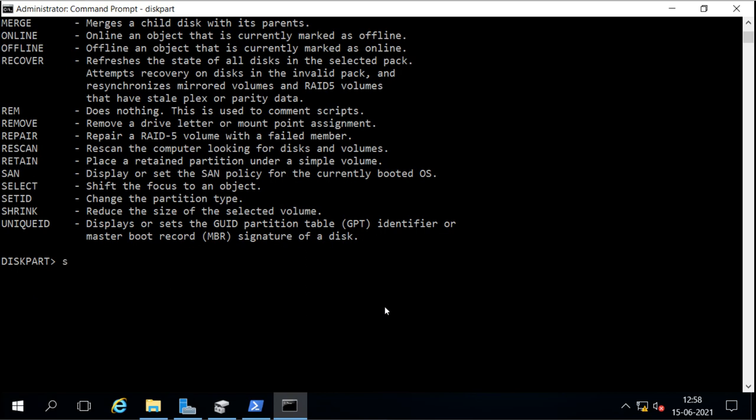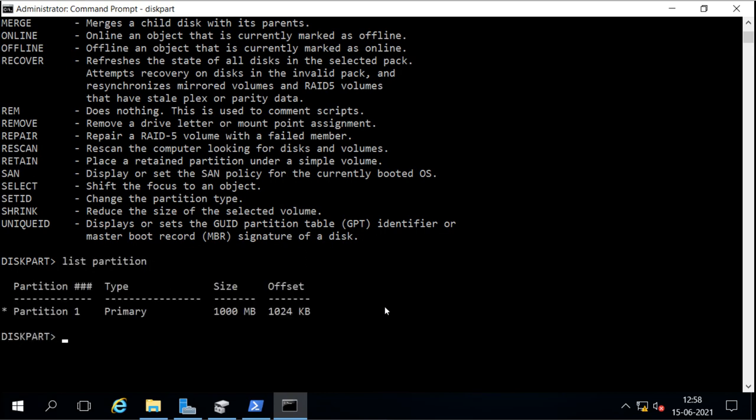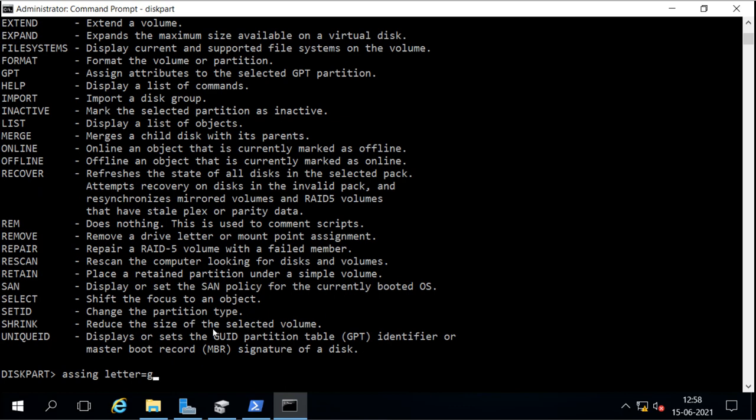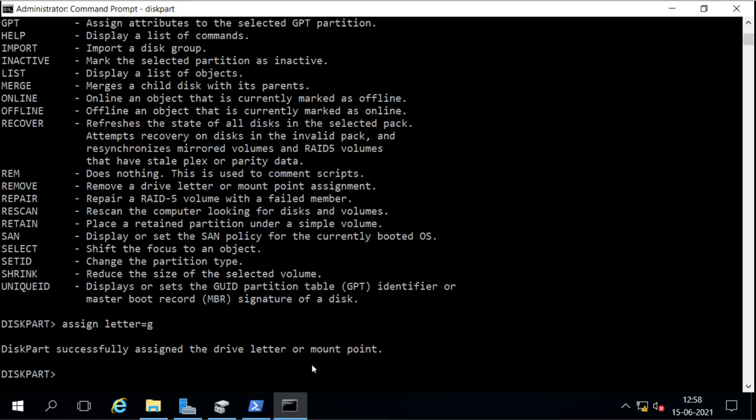So the partition, we have this partition 1. So first I have to select the partition, select partition 1, and then we can assign the letter G. Again I have a spelling mistake, and that is this, and it is now assigned.